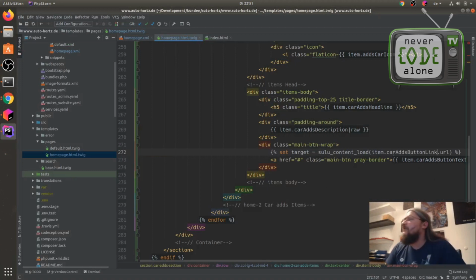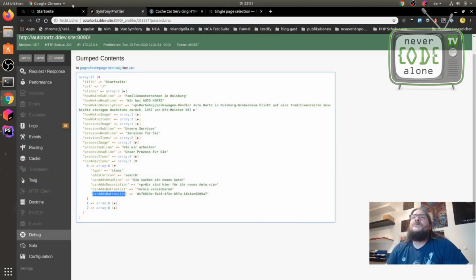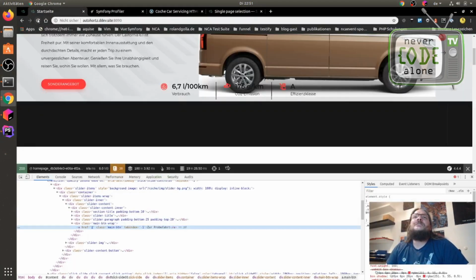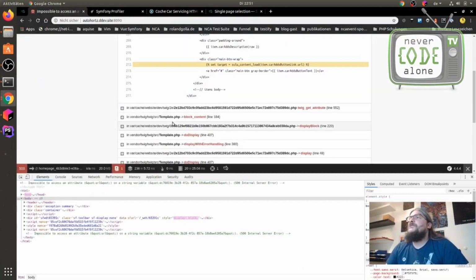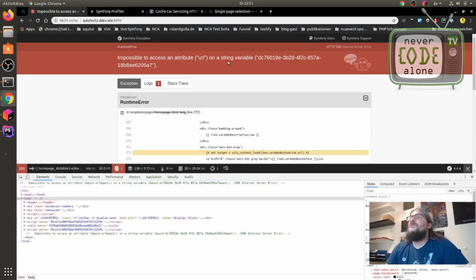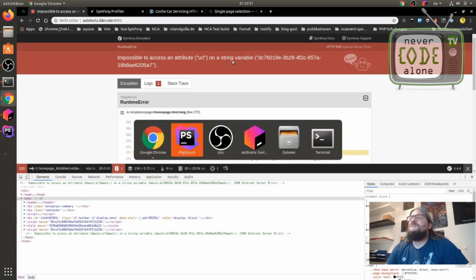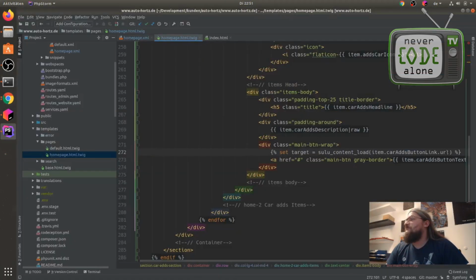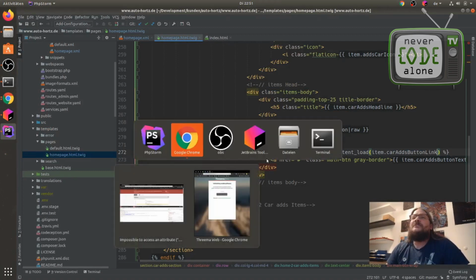Otherwise we have to debug it. .url, I don't know if this is really working. We will check this. Okay, there is no key like URL. So maybe we just can remove it because he's loading it.